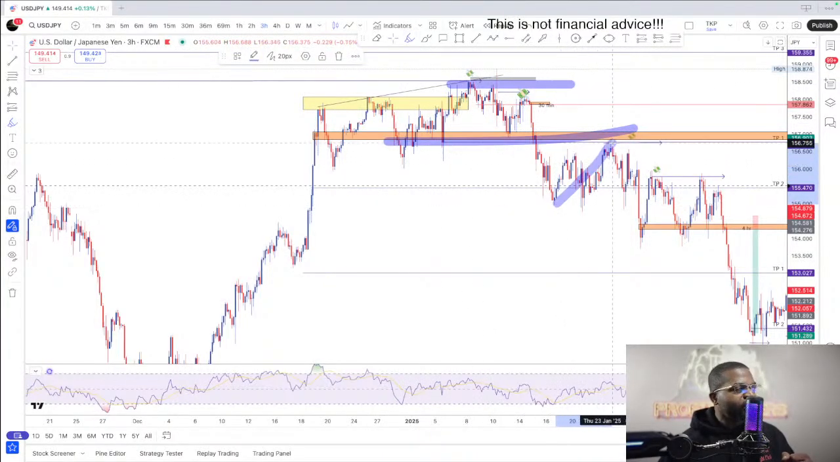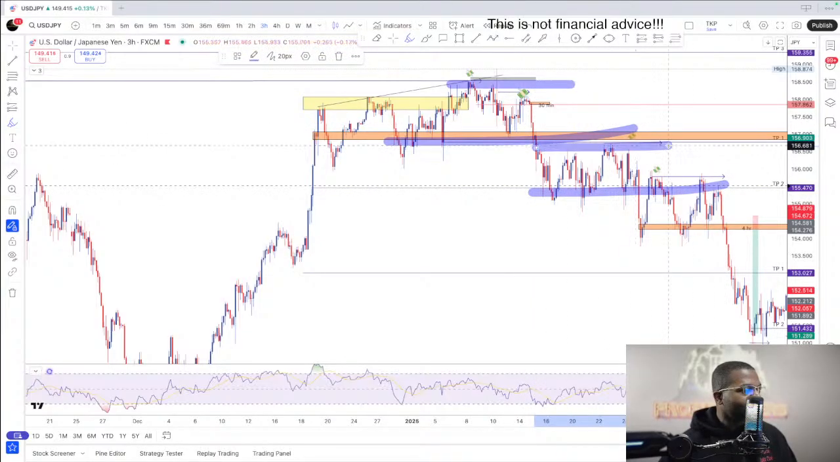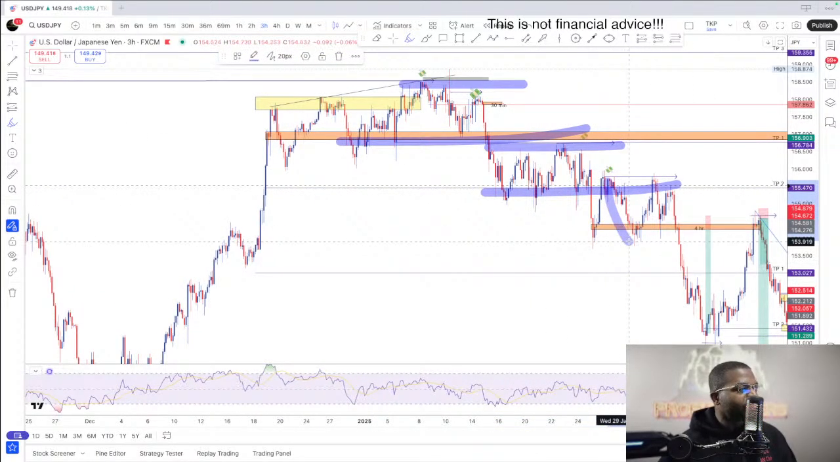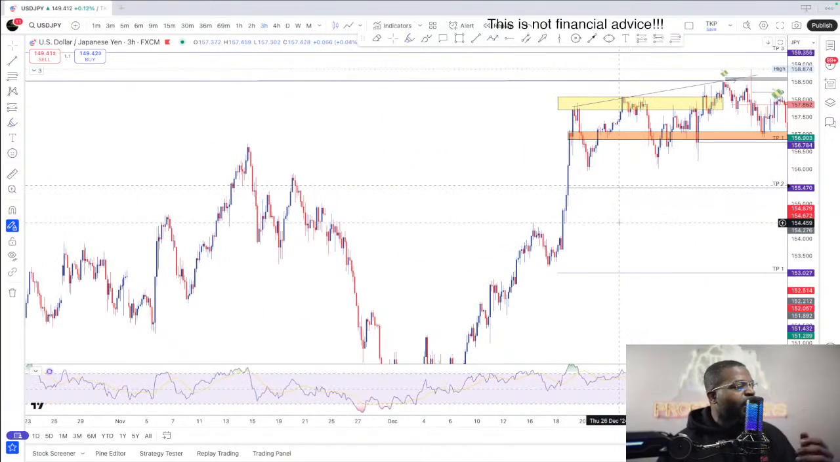You get a pullback to retest that area. Price consolidates again. You get another break. It pulls back to retest that area. When I noticed that, it gave me